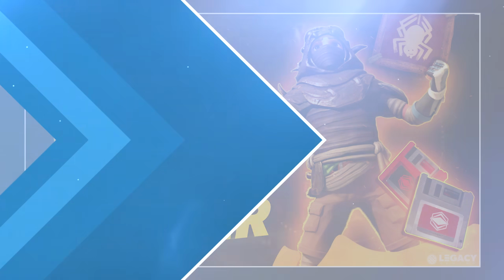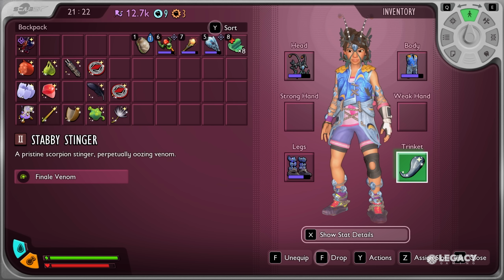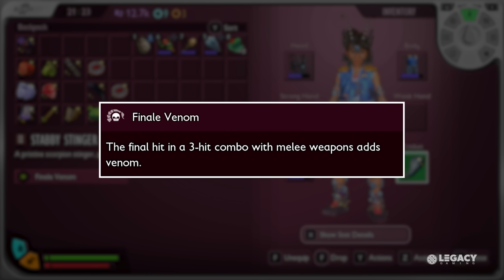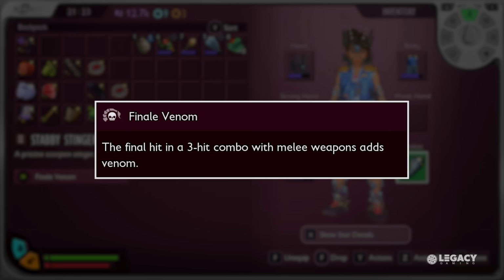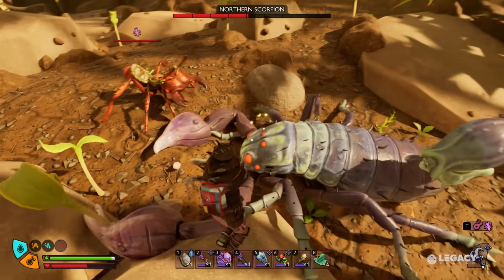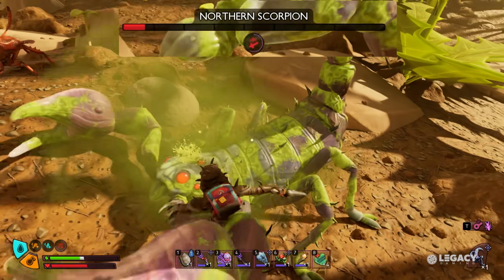Looted from the full-sized Northern Scorpions, the Stabby Stinger is a powerful trinket with the effect Finale Venom. When equipped, this empowers the third attack in your combo to apply Venom, a damage over time effect that can quickly chip away at an enemy's health. Considering the dot is the most powerful part of this trinket, you'll want to pair this with fast attack speed